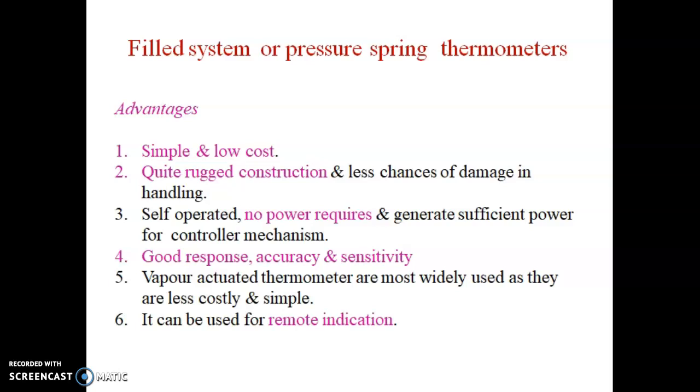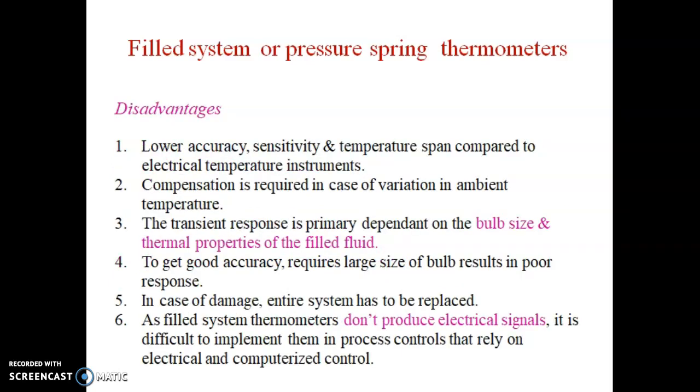The advantages of this kind of thermometers are it is simple and low cost, and it is quite rugged in construction. No power is required for its operation, good response, accuracy and sensitivity, and it can be used for remote indication. The major disadvantage is that it cannot be used for automated systems since this is not producing any electric